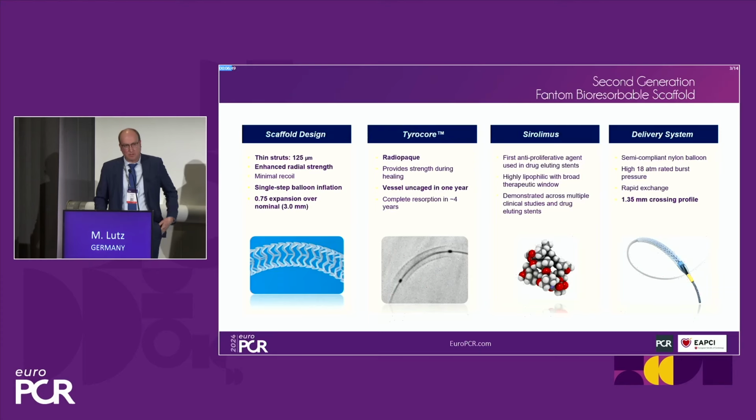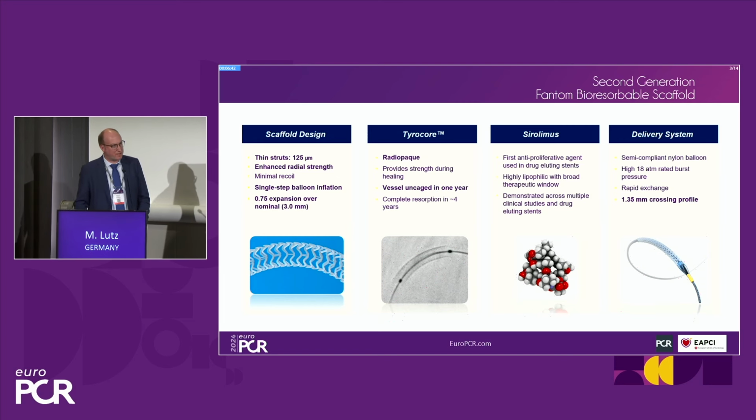These are my conflicts of interest, and I will show in the next minutes a report about a second generation bioresorbable scaffold, the Phantom BRS. So it's a newer device. It's a scaffold design with very thin struts, 125 microns, with an enhanced radial strength and with a very good post or over